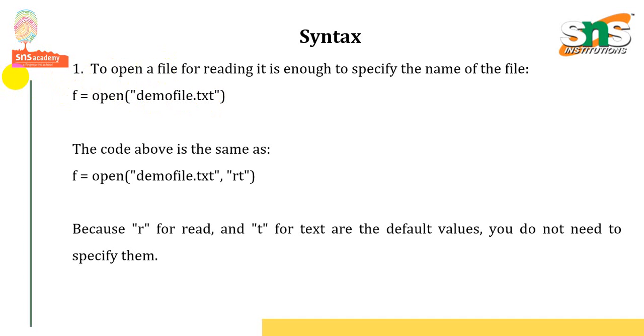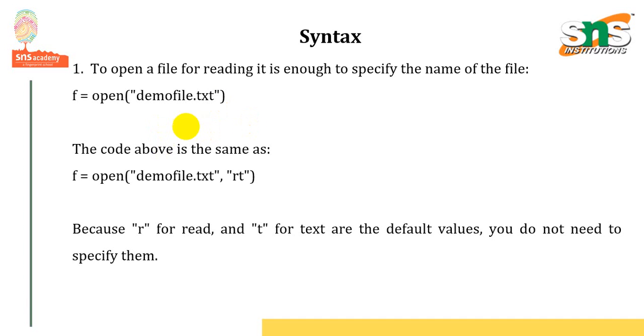After creating the text file, you are supposed to create a Python file. There, inside the Python file, you are supposed to give f equal to open within double quotes. What is the text file you have created? Just give the path of the text file, right? And you have to save the file and just run the file. So this is one way of opening a file and reading the content of the text file.